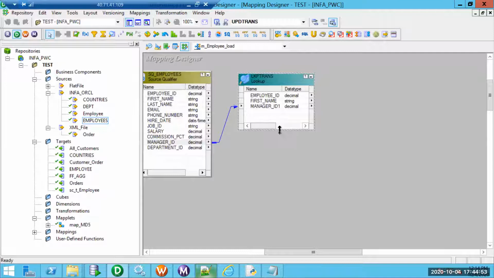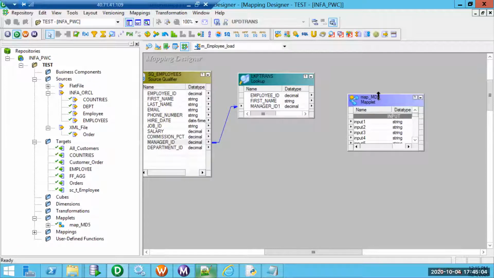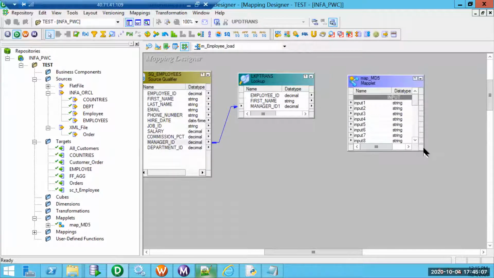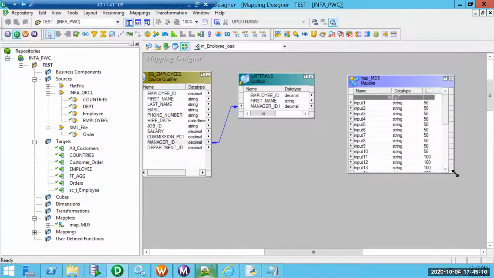Now we'll see how SCD behaves. So I have the maplet, maplet MD5. This maplet is nothing but an SCD maplet. In the SCD maplet, think about only the things which will go to the MD5 value hash. If you try to include the key, then if the key changes, obviously the value changes. But the whole point is, corresponding to a key, whether the SCD columns changed or not is what matters.